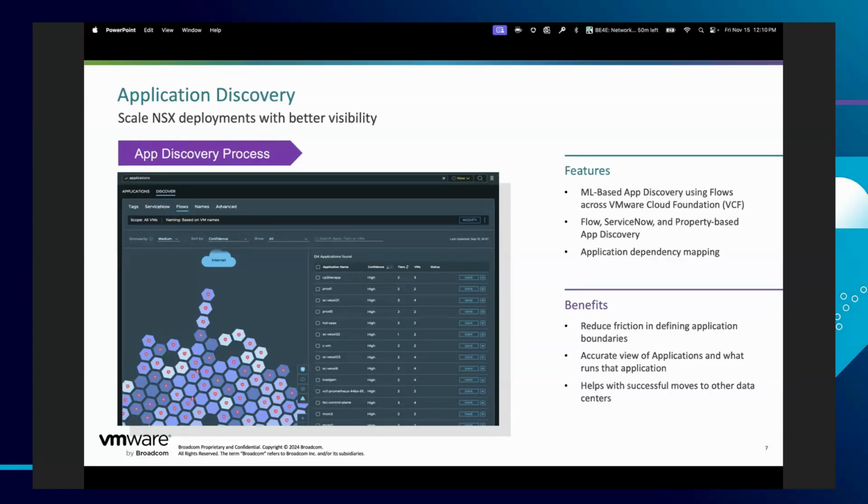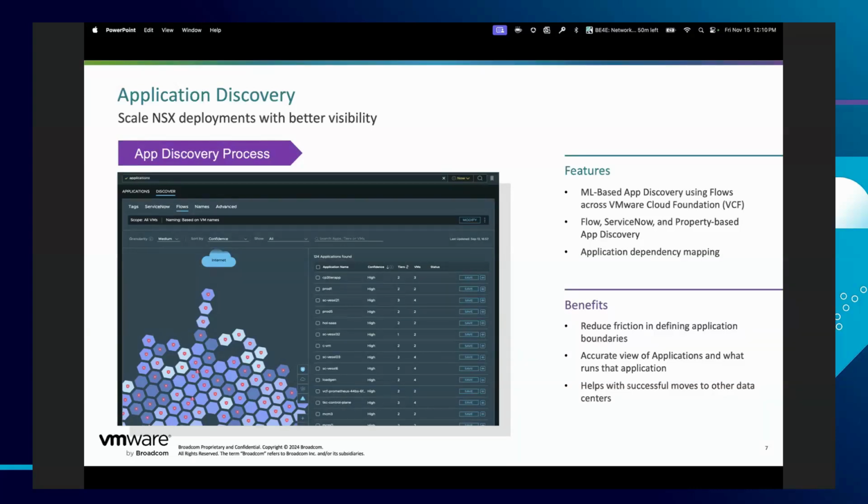Within VCF Operations for Networks, we can use different ways to discover those applications, using tool sets such as machine learning and algorithms with flow visibility to understand those applications better and map out the dependencies